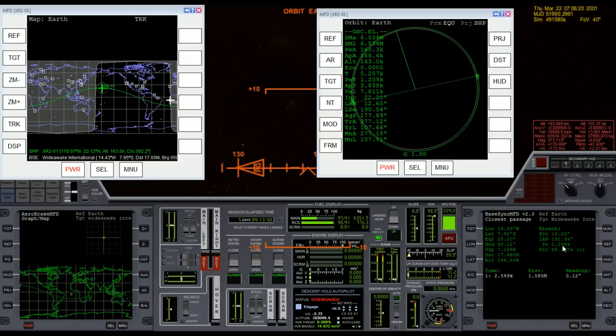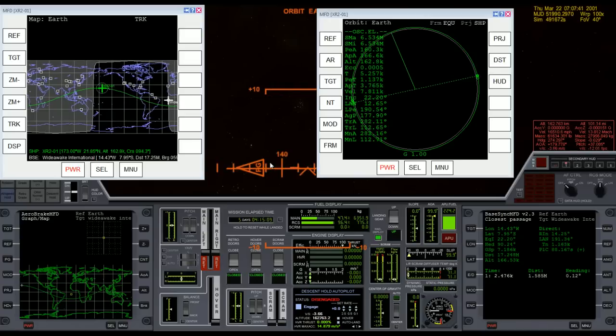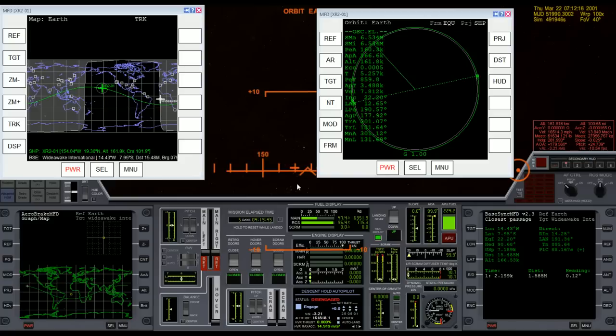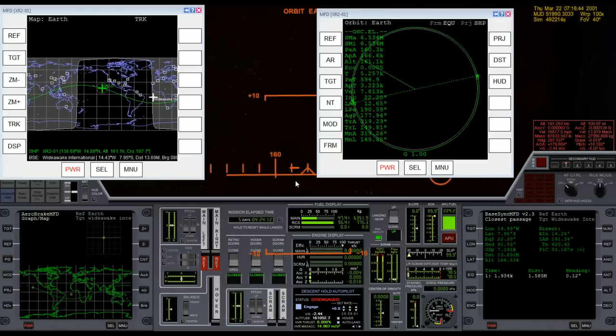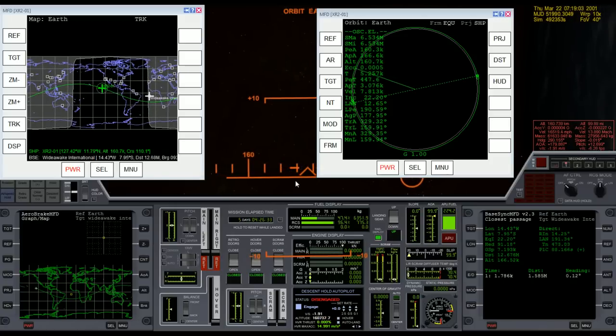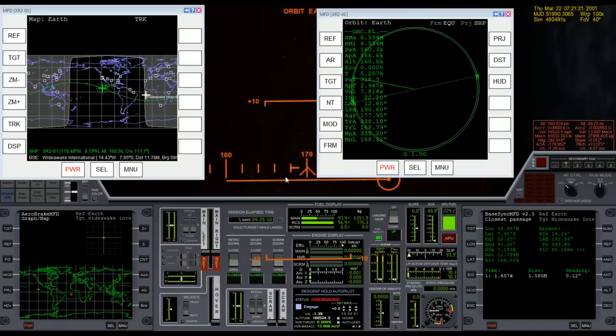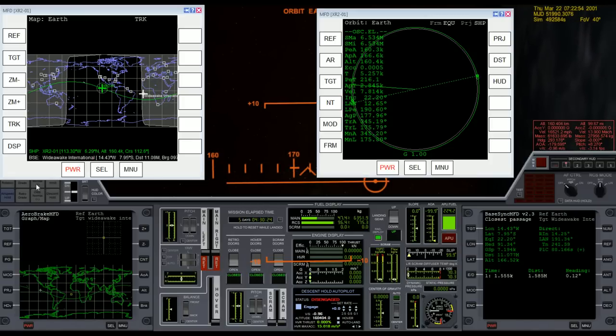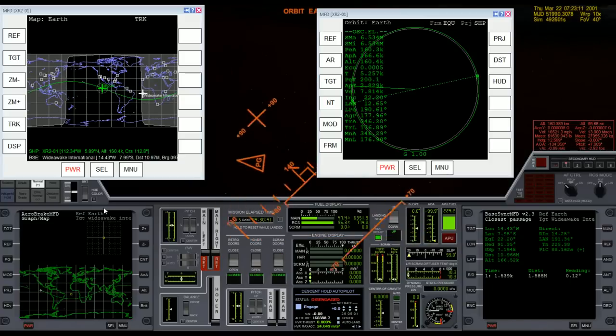So what I need to do now, this number here, the TN, time to node, go ahead and warp ahead till I get closer to that point. And I think we can probably safely go with that. And this line here, plane change or PLC, tells me which direction I need to orient. It shows the plus sign, so I can just click orbit normal plus, wait for the vessel to settle,